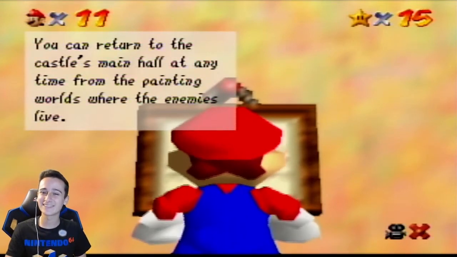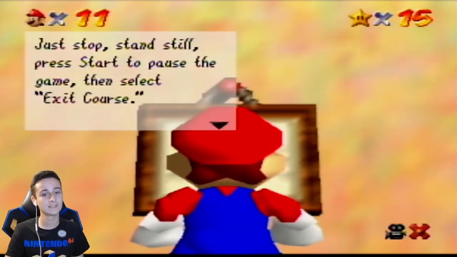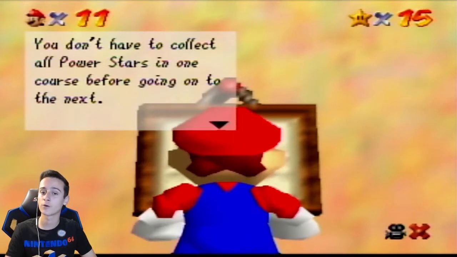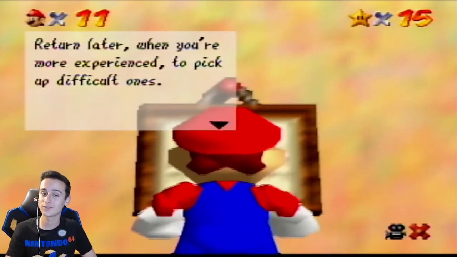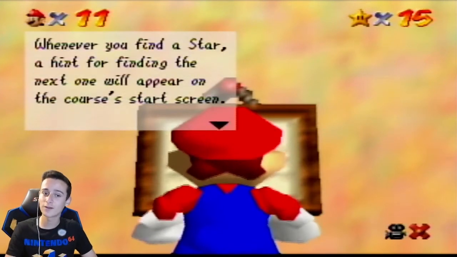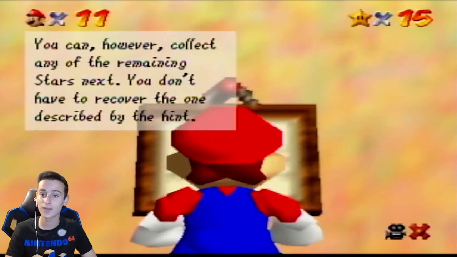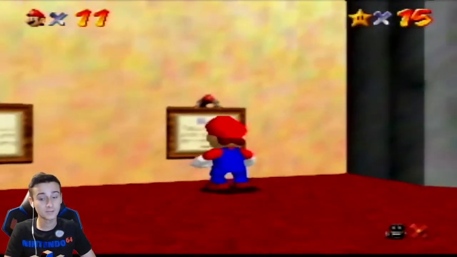You can return to the castle's main hall at any time from the painting worlds where the enemies live. Just stop, stand still, press start to pause the game, then select exit course. You don't have to collect all power stars in 1 course before going on to the next. Return later when you're more experienced to pick up difficult ones. Whenever you find a star, a hint for finding the next one will appear on the course's start screen. You can, however, collect any of the remaining stars next. You don't have to recover the one described by the hint though,